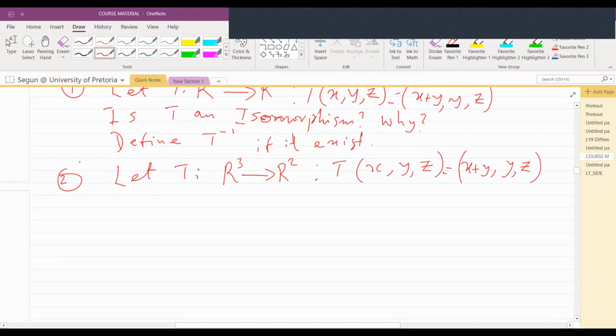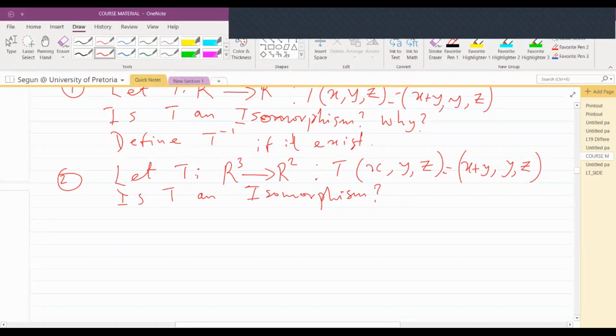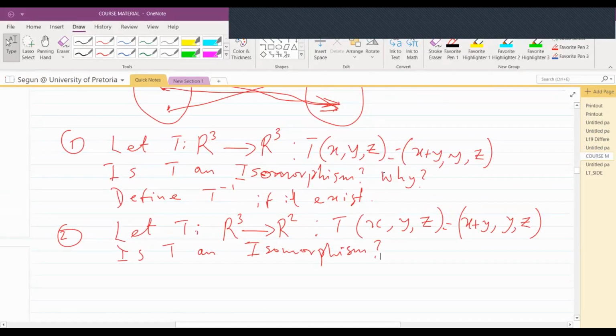The question says, is T an isomorphism? Is T an isomorphism? Now, you can see from question 1,